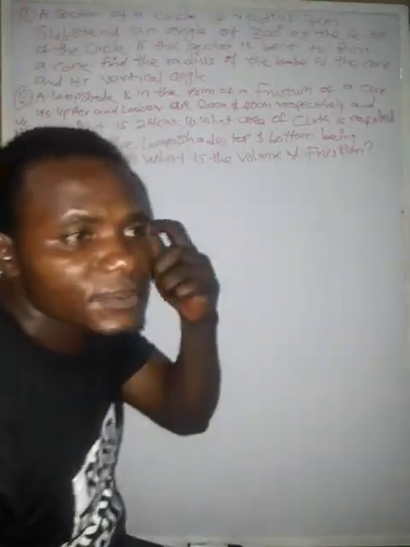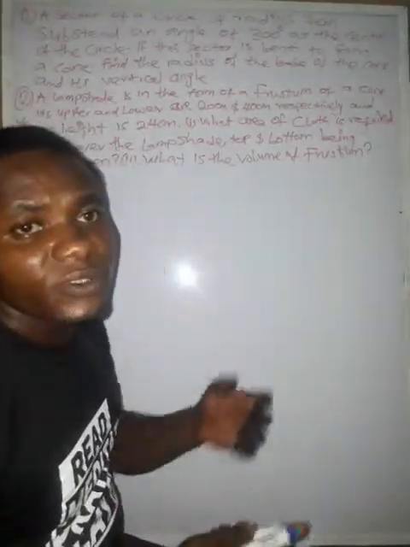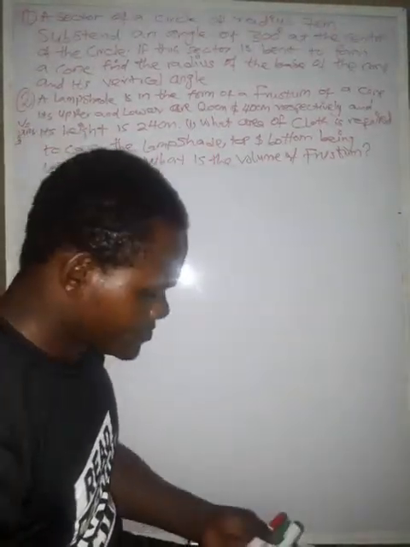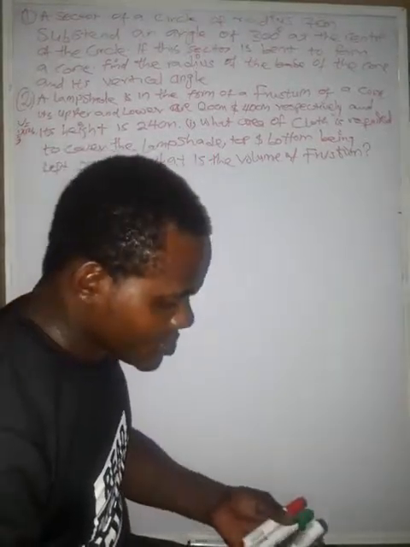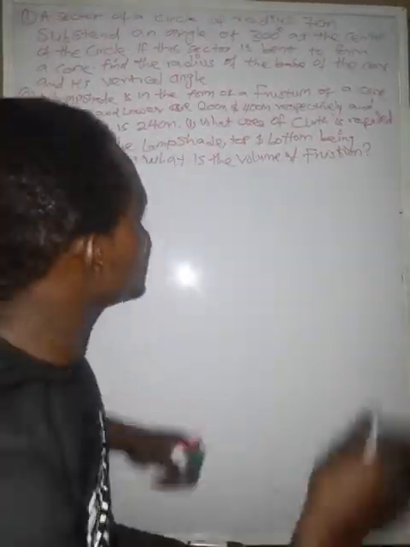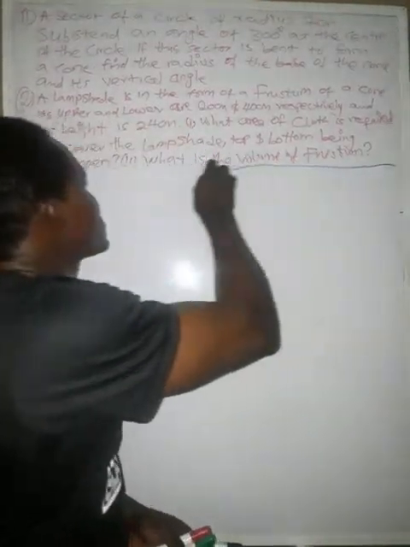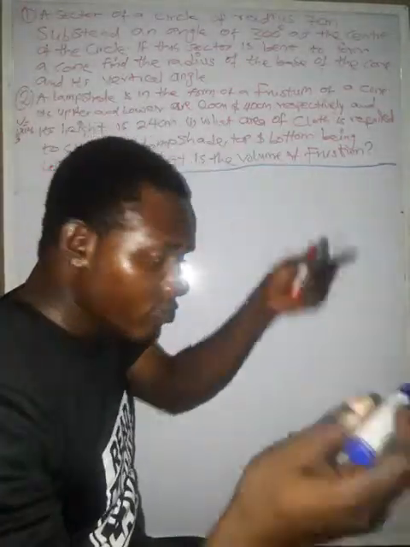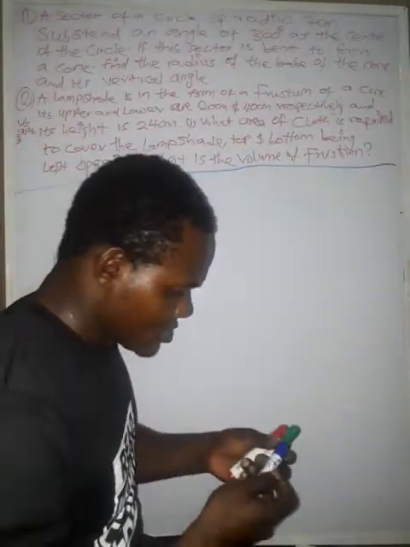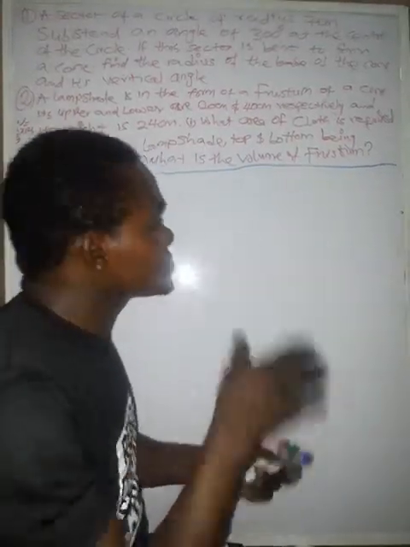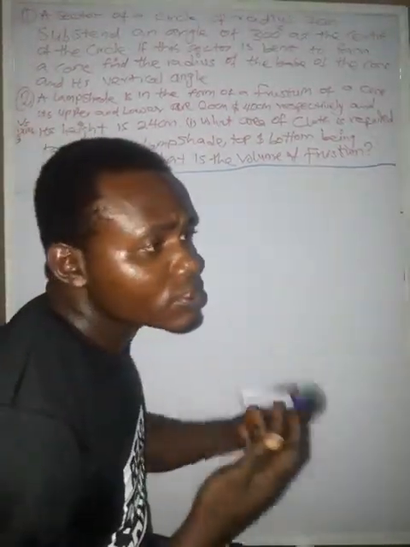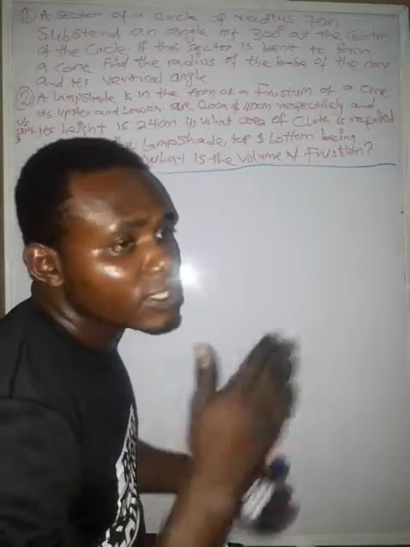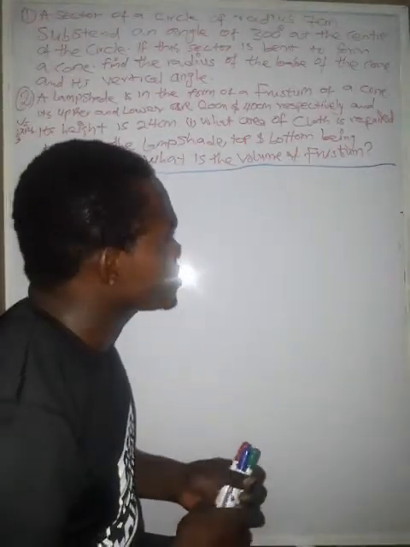What I want to take today is to look at the relationship between a sector and a cone. Before I deal with the example here, there are some questions that relate the sector and the frustum together. When you see something like that, how do you deal with it? I'm going to do some things here so that whenever we see such a question, you know how to relate the sector and the cone together, then you'll be able to solve whatever you want to solve.